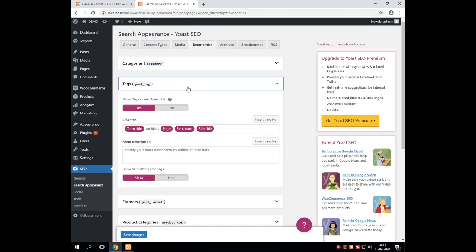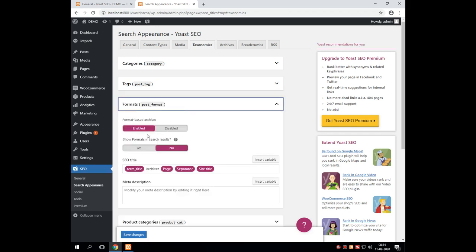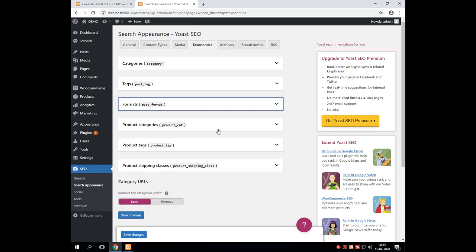Tag means, say for example, in these two categories I am selling particular items, like in microwave oven, Samsung microwave oven and LG microwave ovens are there, two separate companies, then it can be set over the post tags. Formats, format means text format, that is bold, italic, underline, etc. Can be set from this particular option.